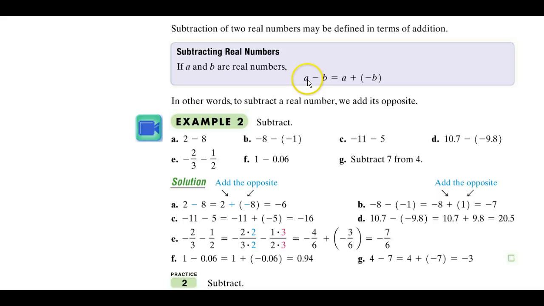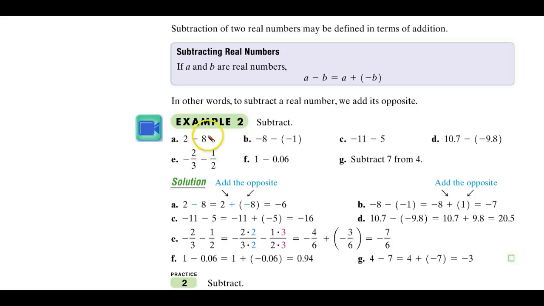So we're going to say A minus B, that's subtraction, to A plus a negative B, that's addition. So something to keep in mind. So when we do examples here, they're not asking us particularly to convert it to addition, but we can. This would be the traditional